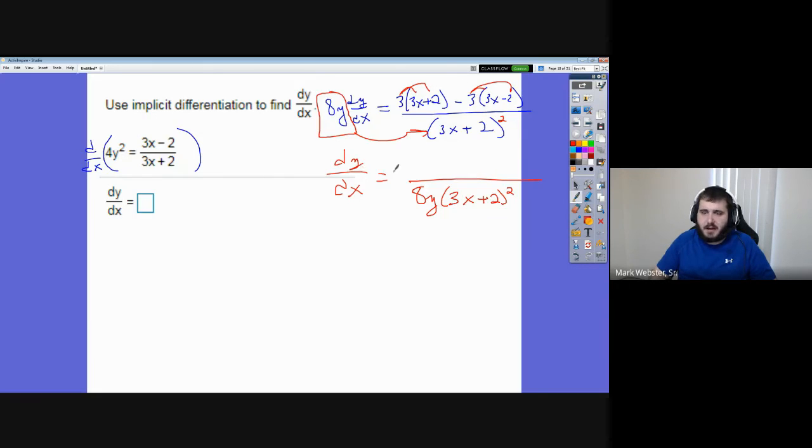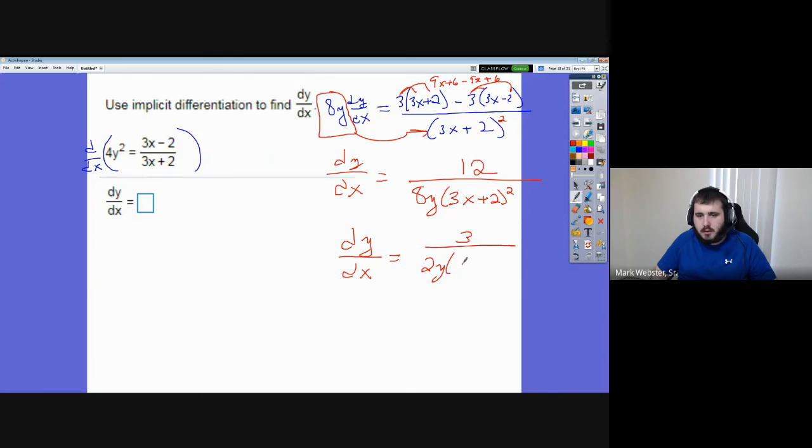So let's see, we got 9x plus 6 minus 9x plus 6. So 9x minus 9x is 0. 6 plus 6 is 12. That did make it easier, and then we can actually take the 8 and the 12 and simplify that, right? 12 and 8, we can divide these two numbers by 4 each, and we get 3,